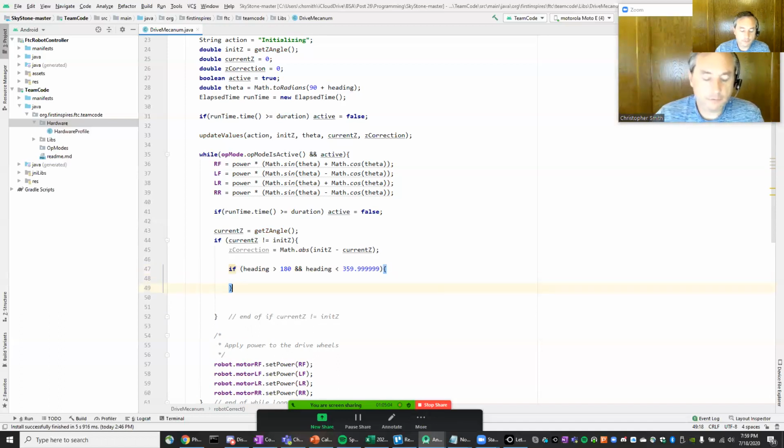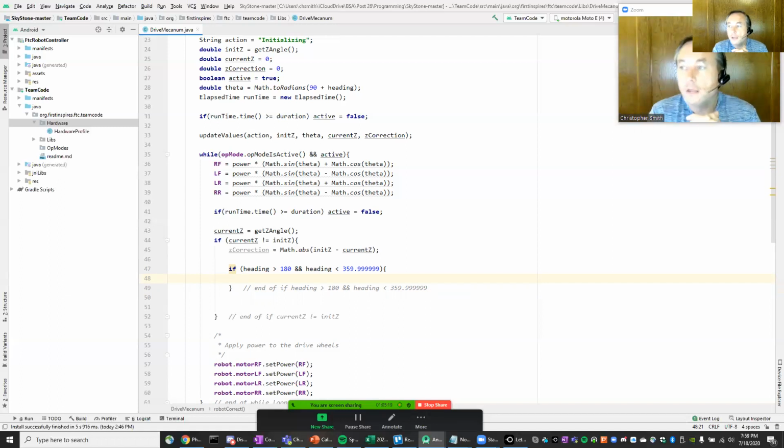So I'm going to copy this. I'm going to say, just put in my end of if and that one, so I don't get these mixed up, because you can see how easy it would be to get them mixed up. And now what we want to think about is which way are we actually